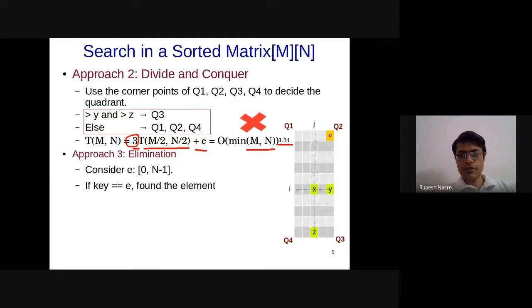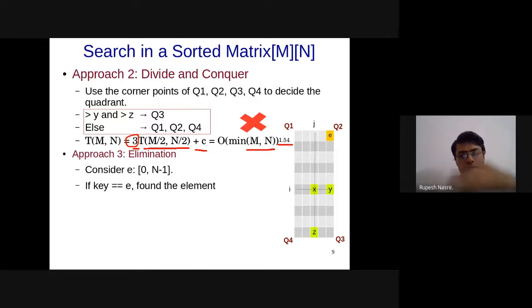Are we only assuming row wise sorted here? No, we are not assuming row wise sorted, Sunny. It's sorted in both ways, both row and column, and that's the reason why we are able to eliminate either the row or the column, because we are at the end of the row as well as the start of the column. We'll be able to say that if key is less than e, it can be in the same row, plus it can be in the row below also, but it is guaranteed that it cannot be in the same column because the key is less than e. So e is the smallest in this column, and therefore if key is less than e, I can eliminate this column. Right? So that is what all of you have also suggested.